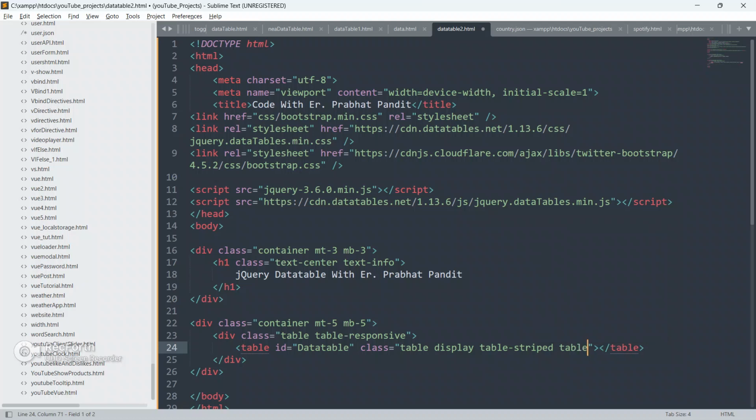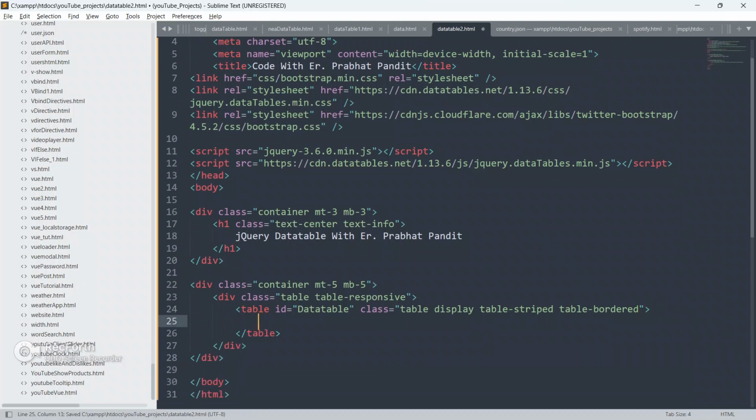Okay, table-bordered, okay. So inside this table I'm gonna create thead first.